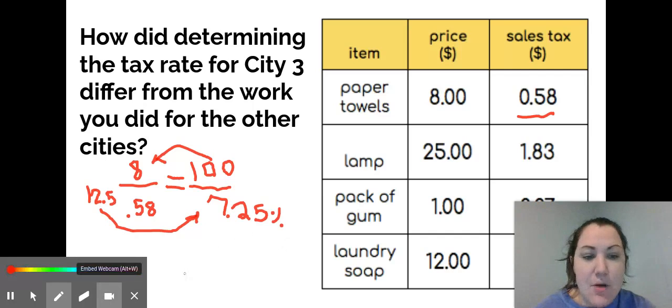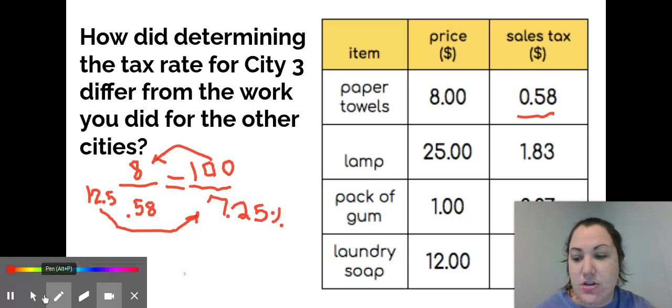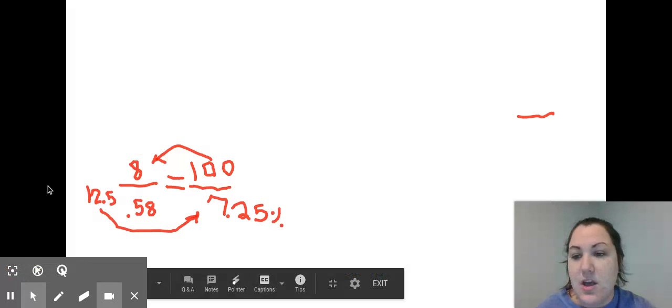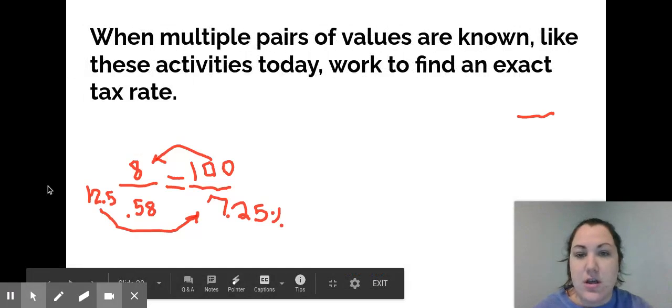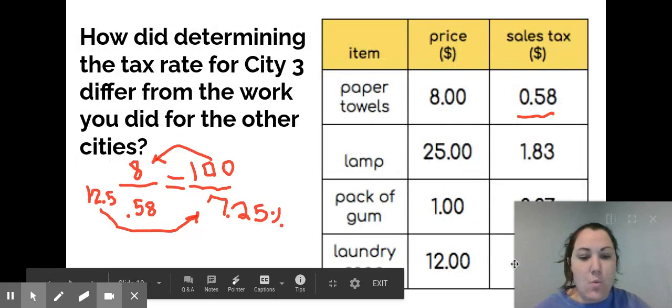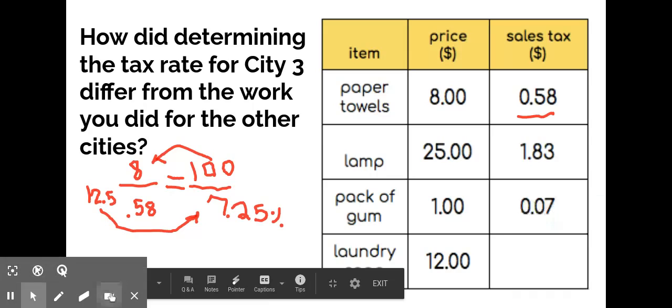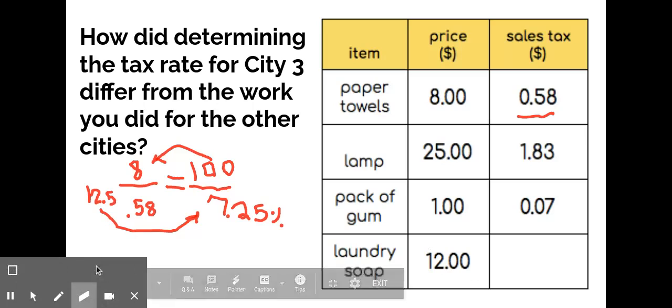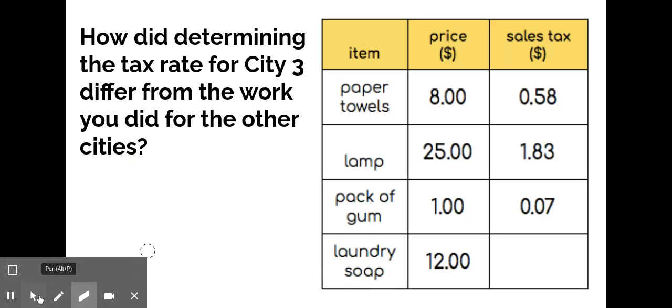Okay. So now we're going to use that information to help us solve the next question, which is, what was the amount of the laundry soap? I'm going to take away my picture here so you can see it. So we know it's 7.25%, so we're looking for 7.25% of 12. So I'm going to erase my proportions that I have up there. Okay. So again, we know 12